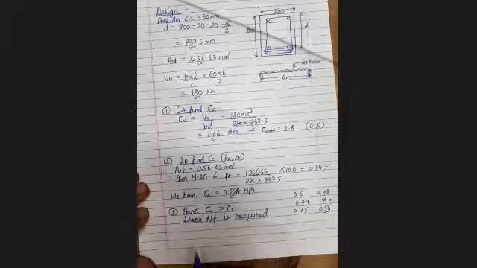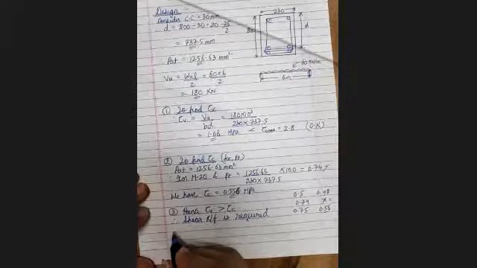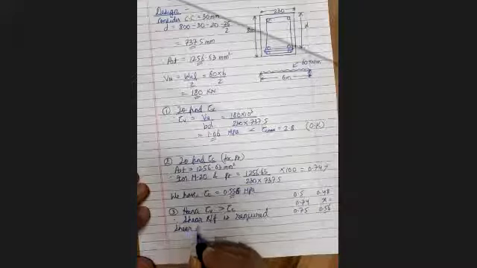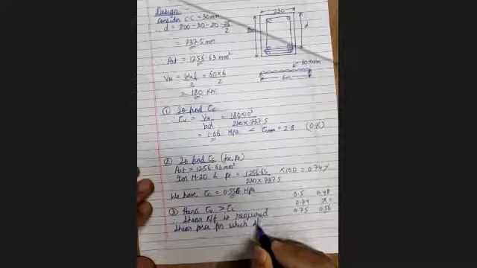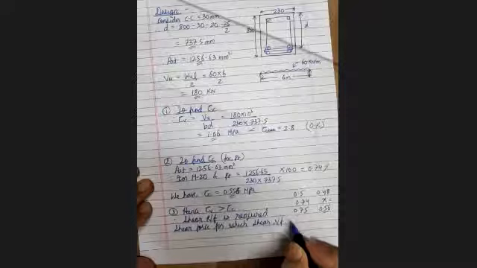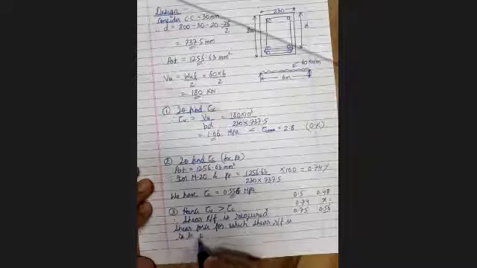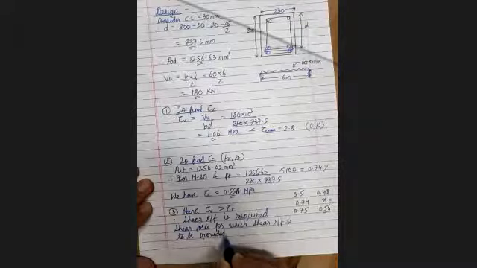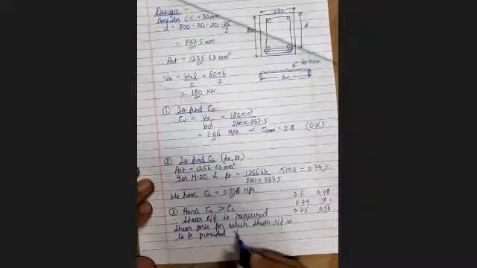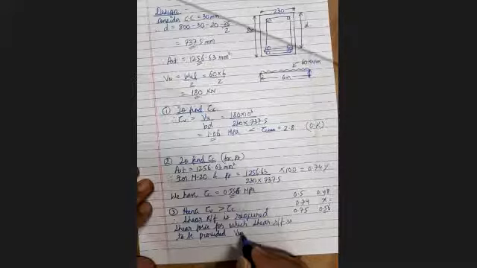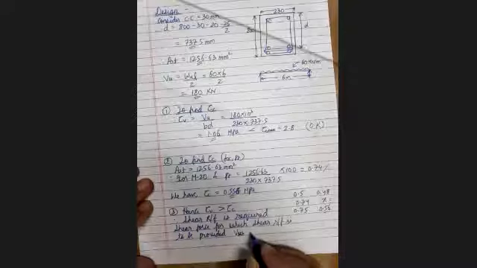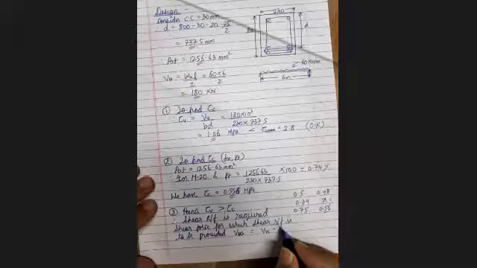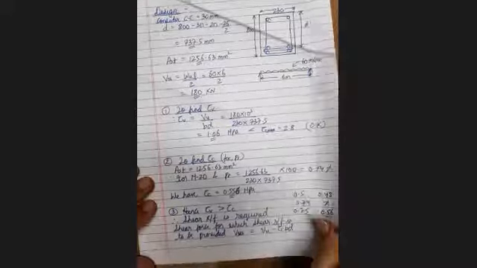So now what will we find out? We will find out the shear force for which shear reinforcement is to be provided. That is nothing but your VUS. Shear force for which shear reinforcement is to be provided. So VUS is given by VU minus tau CBD. Now give me this value.